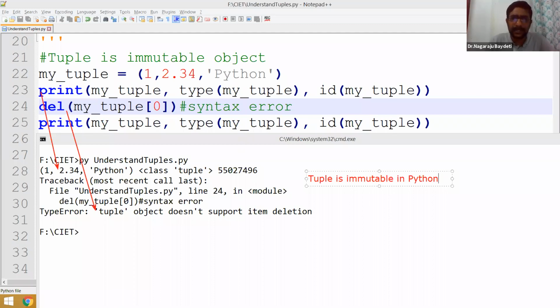Why are these many things there in Python?" Tuples are mainly used in functions and database connectivity also. In database and Python connectivity, tuples are used exclusively. So when I am explaining functions, I will again revisit tuple. And when I am explaining Python and database connectivity, again I will come back to tuple.